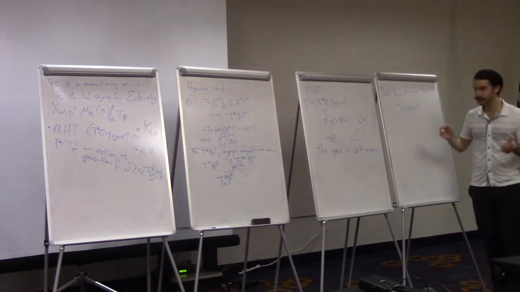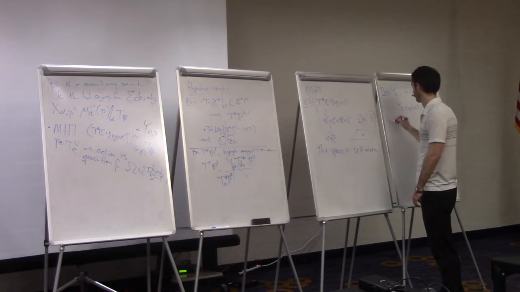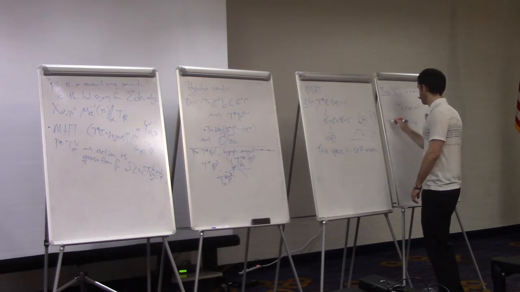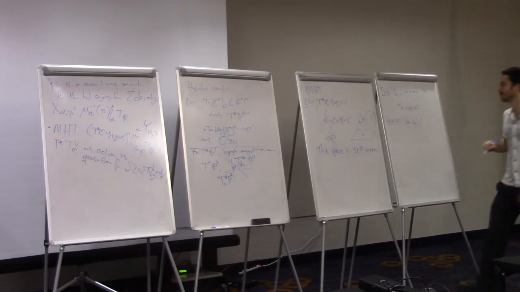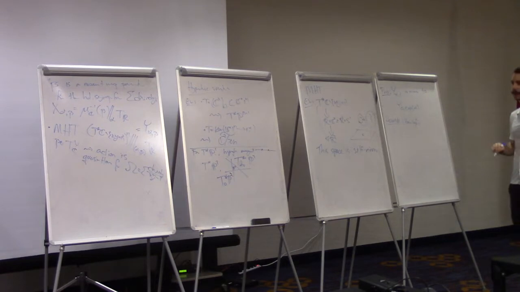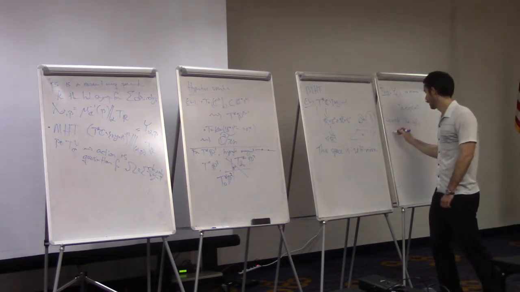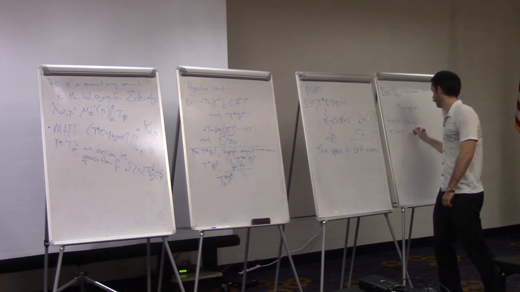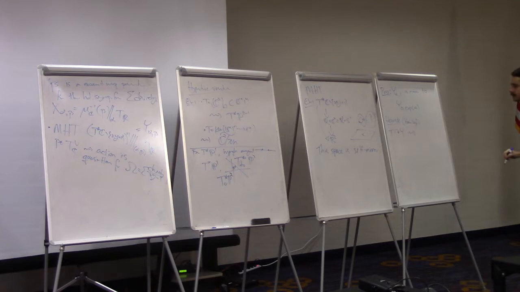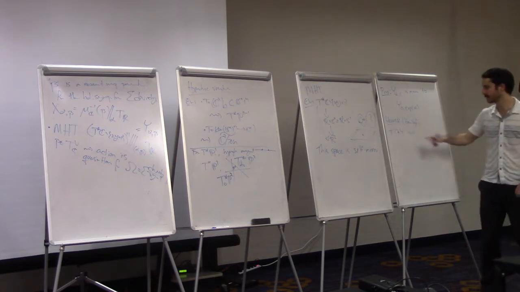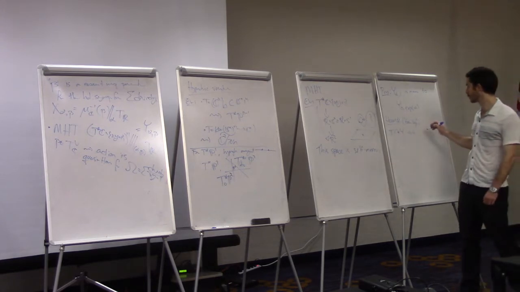But let me just say another way to think about this, which is Hori-Vafa mirror symmetry, which is that if I have a space X, or a space Y in this case, with the action of a torus T on it,